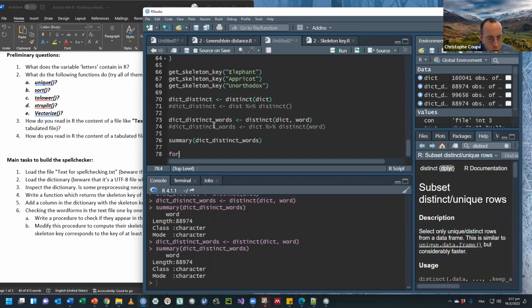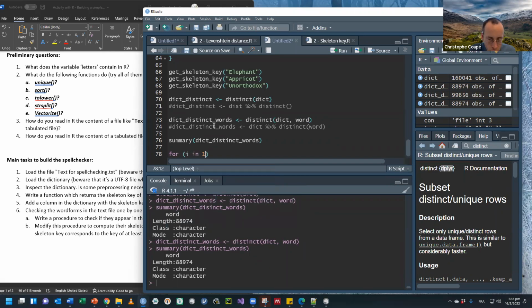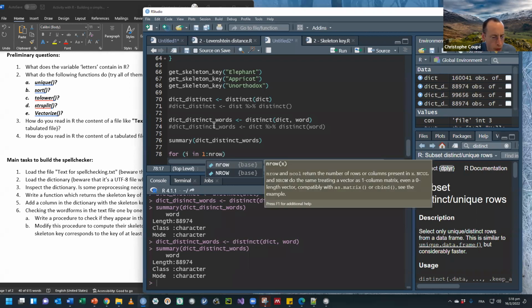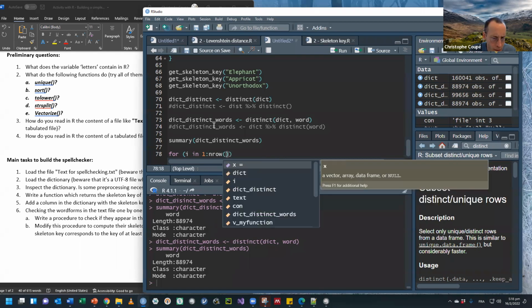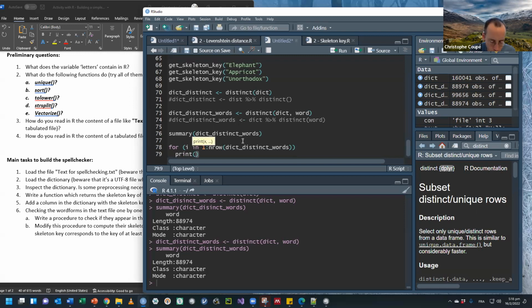So if you would use another language like C++, you could do something like this. I want to have a loop, and I want to go through all the words. So I'm going to create a loop, and I will have one variable I, because usually you call it I, and you are going to check all the rows of my table. So here, for instance, if I would print this,